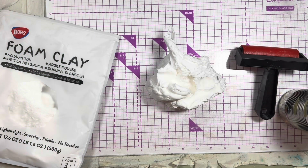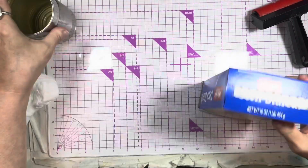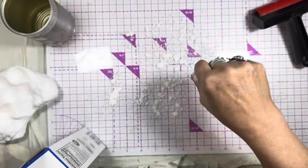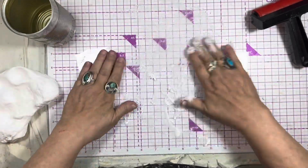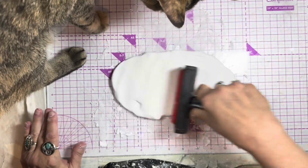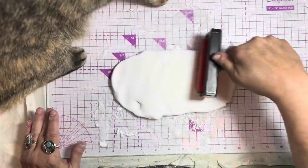DIY number 1. Our challenge today was to use a tin can, the metal paper towel holders from Dollar Tree, and a wire hanger. So first,